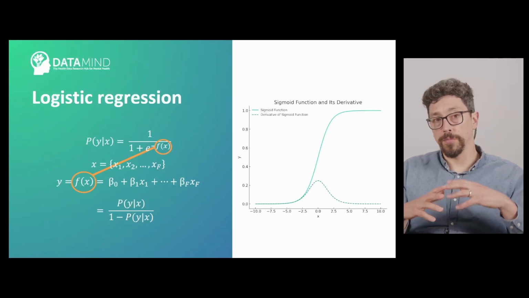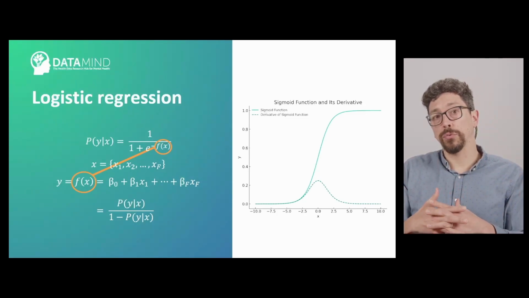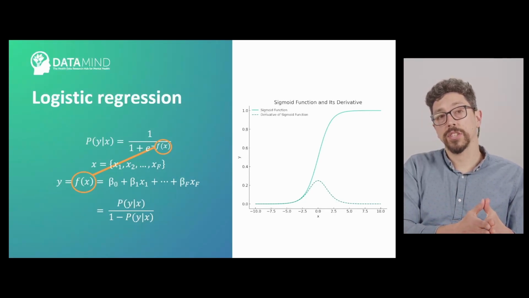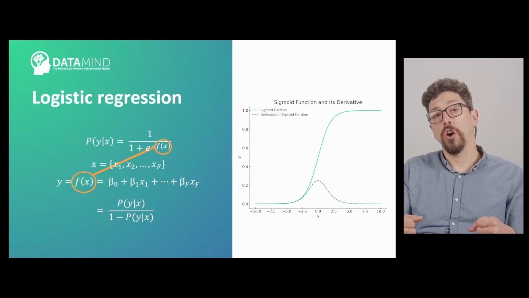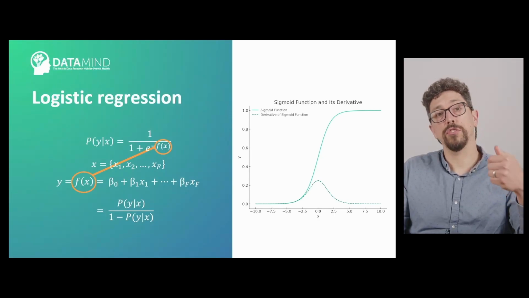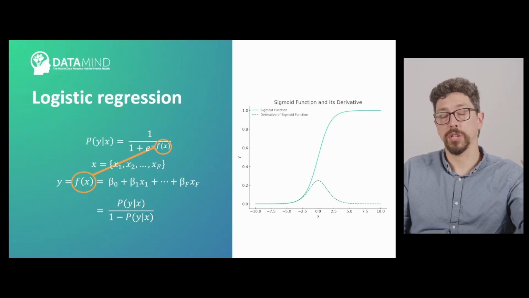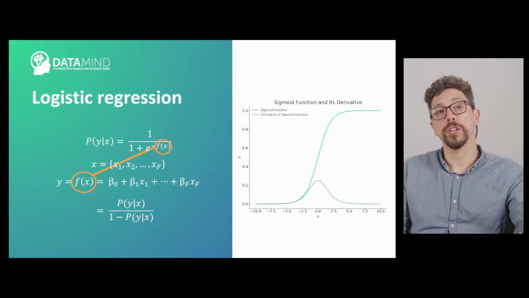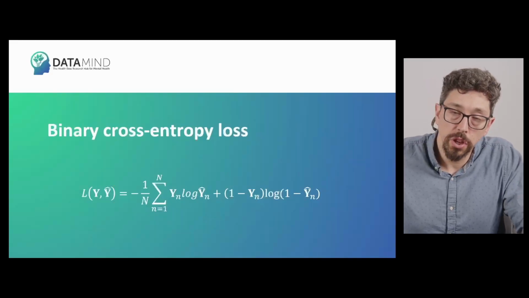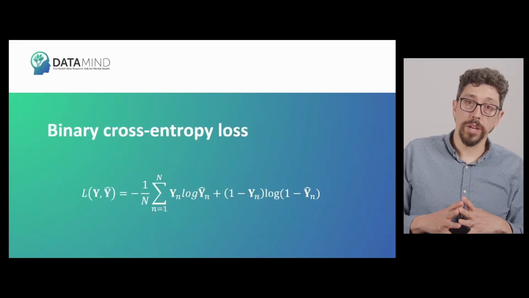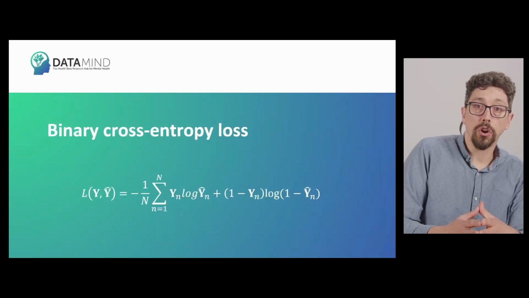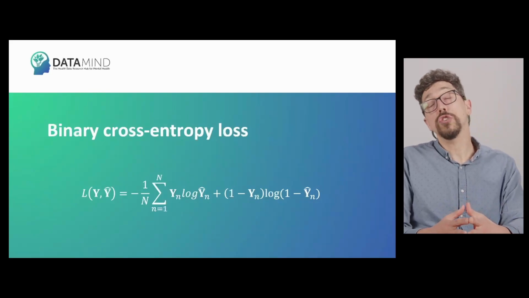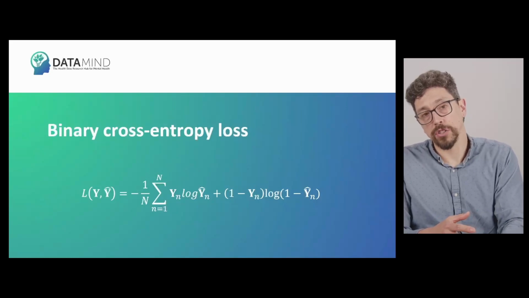And from the sigmoid equation, f of x will be defined as a linear combination of the different features in the data. So that we have beta 0 plus beta 1 times x1 plus beta 2 times x2, etc. So let's assume now that we use the binary cross entropy function for this